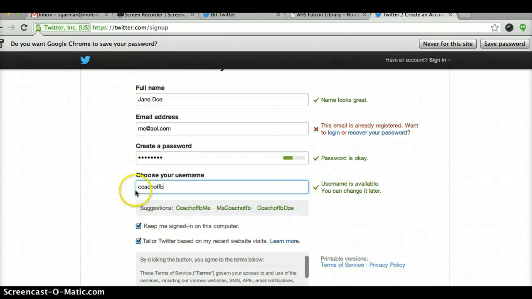So if you wanted to be @coachofFB, that could be your Twitter handle. You'd want something that is identifiable with you and to you, that people would associate with you, so it's easy to remember and it's easy to find you. But you might not want to limit yourself to a specific position. For example, if you said principal AHS and in a year you weren't the principal of AHS, then you might